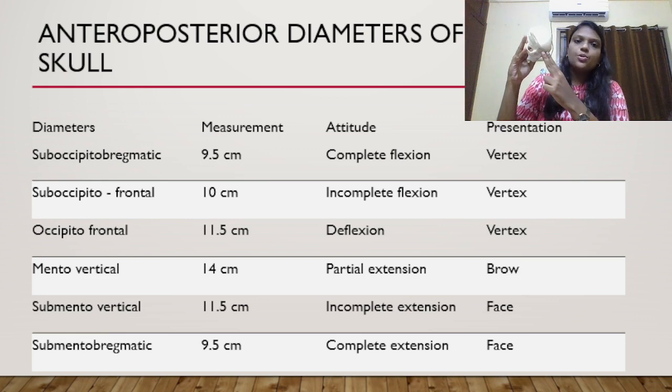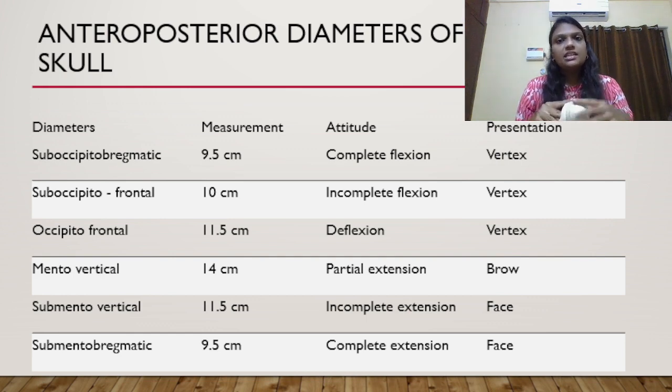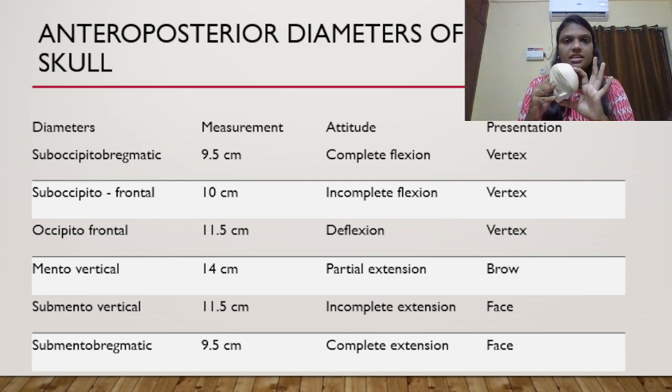for the brow of the fetal skull. So, it is the brow presentation. And as we have seen in the last lecture, we have seen the diameters of the maternal pelvis. We don't have such a large diameter, 14 centimeter, in the maternal pelvis. So, a brow presentation cannot be delivered by a normal vaginal delivery, and it has to be delivered by a cesarean section. In partial extension, the diameter of engagement will be the mentovertical, which is 14 centimeter, and the presentation